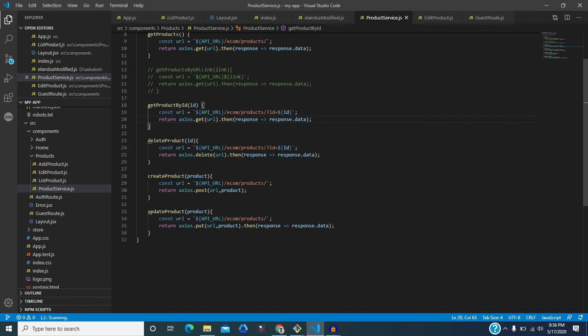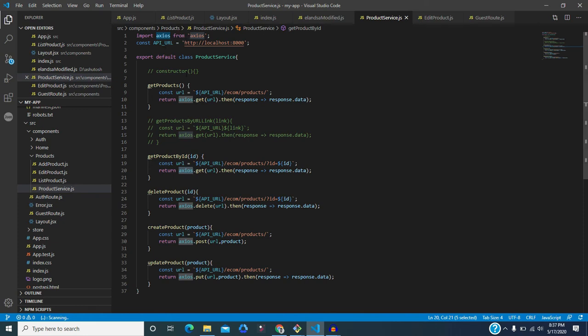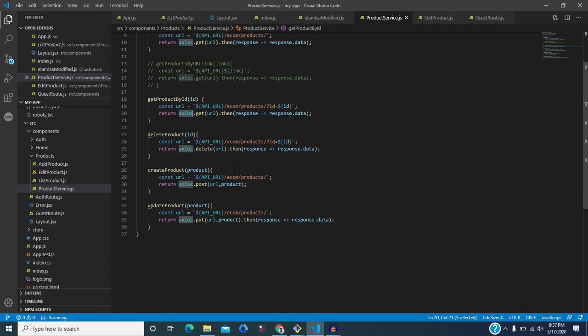Then another method is delete product. In this case you are passing an ID, and with this ID, after a certain filter, it will delete a certain record from your database, and after that this will return some other data, like a confirmation message or other remaining data, depending upon your logic. We are here also using Axios. Axios is a library. Basically we install Axios from the node package manager, and through this Axios we are calling the API.